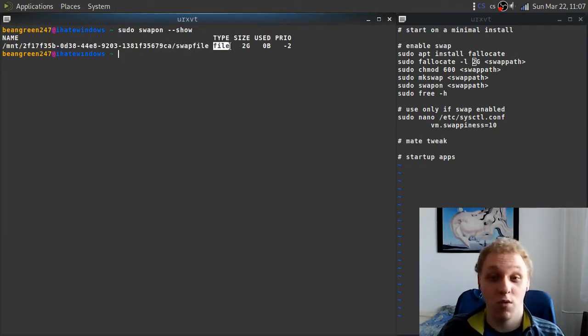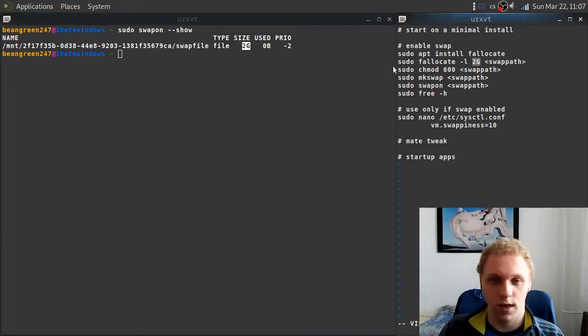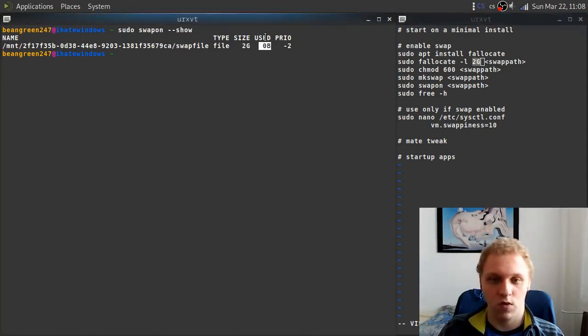I would recommend that you use a partition instead, but I don't want to lose any of my data, so I use a swap file. It's enough for what I use it for. The size I gave it was 2 gigs, which is reflected over here. How much is used? Obviously 0, but depending on how many apps you have launched, it will really make a difference. And the priority is determined because of how you set your